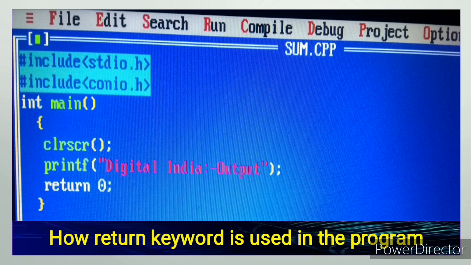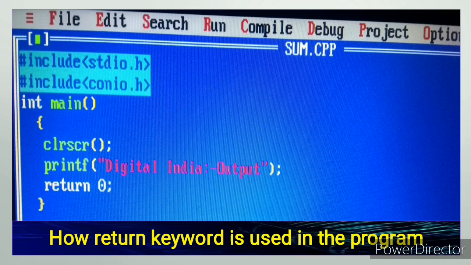This is a practical example of how the return keyword is used in the program. You see that at first is written hash include stdio.h, next hash include conio.h. Both are header files. Then in place of void I write int main. Then clrscr to clear the screen. Next printf, Digital India is the output, and return 0.